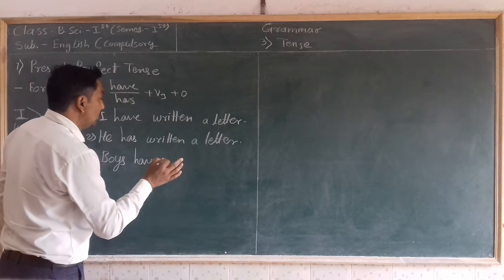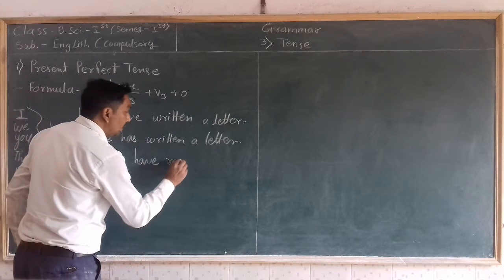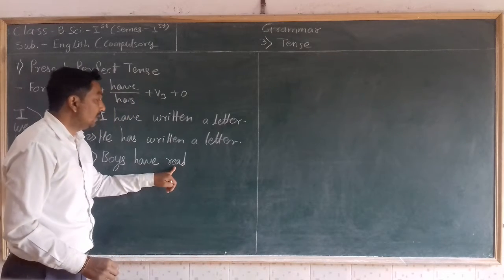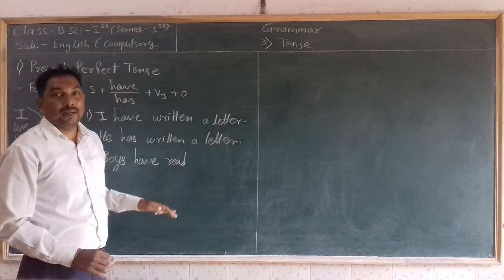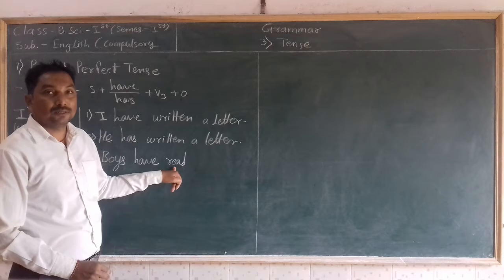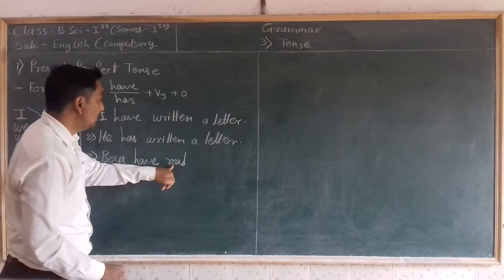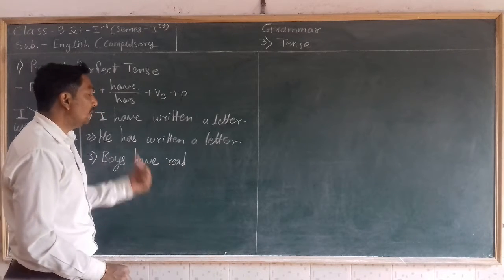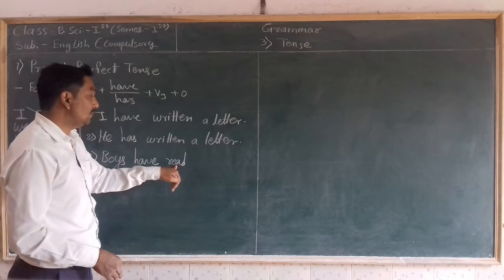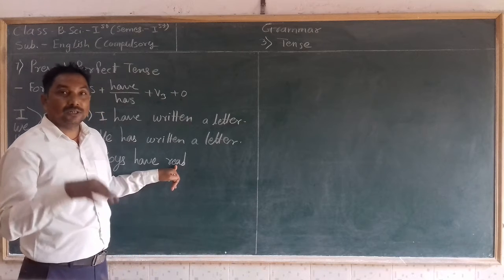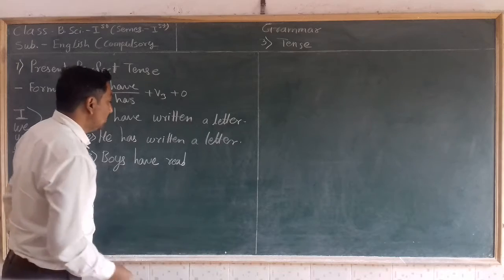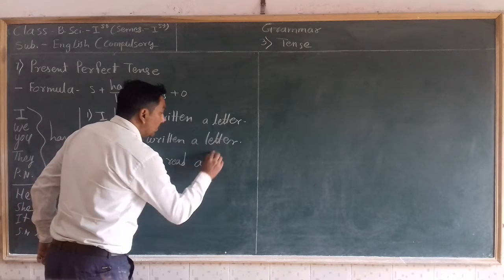So suppose I want to write a verb read. So what is the past participle form? V3 form of read. It is the same spelling as that verb. It is written in the V1 with the same spelling, it is written in the V2 with the same spelling, and it is written in the V3 with the same spelling. But there is a change in the pronunciation. If we write it in the first form, then we pronounce it read, and when it is written in the third form, it is pronounced as read. So what is read? A book.